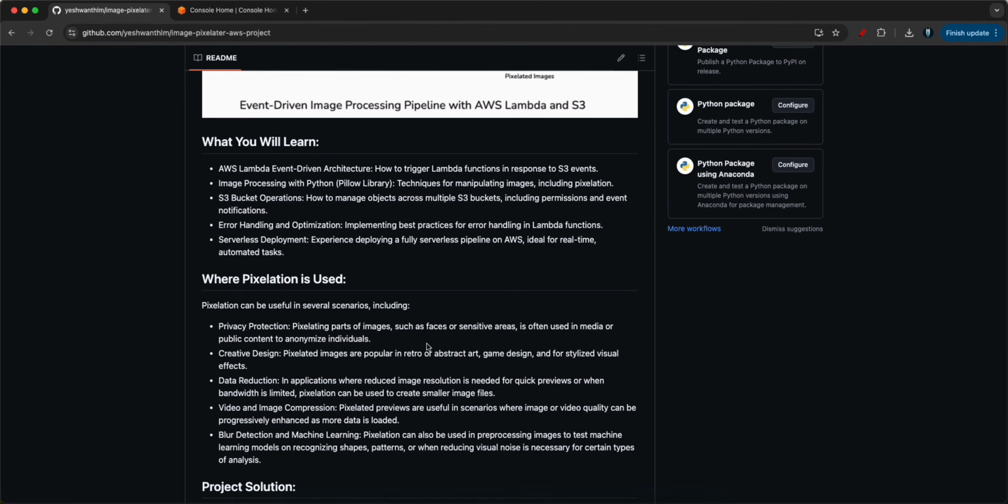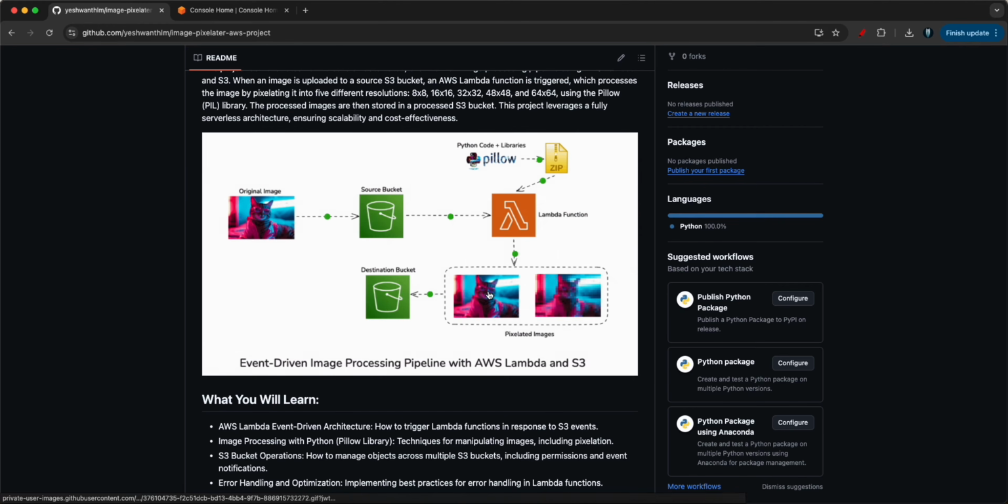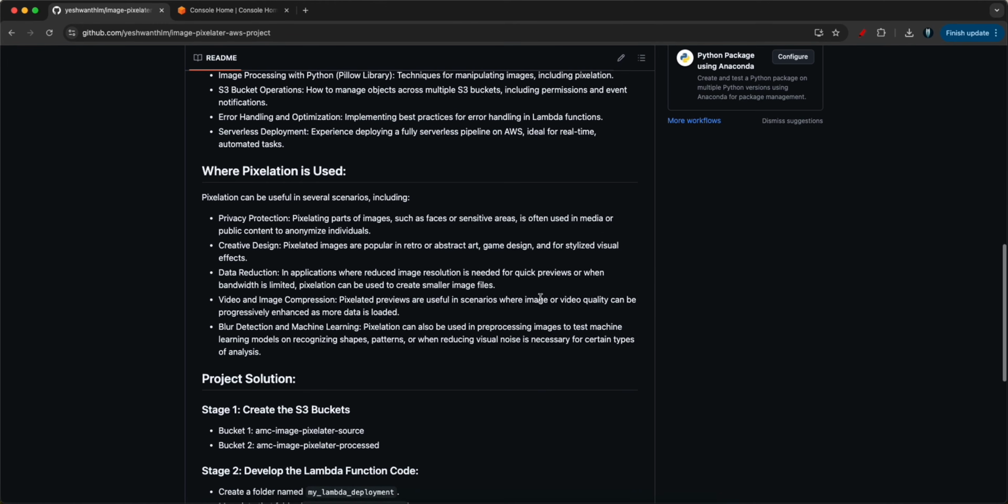And you might be wondering, like, Yashwant, where are we going to use these pixelated images? And the answer is here. It is going to be used in privacy protection, basically pixelating parts of images such as faces or sensitive areas is often used in media or public content to anonymize individuals. It is also used in creative designs like pixelated images are popular in retro or abstract art, game design, or